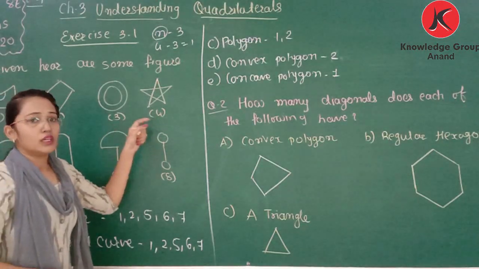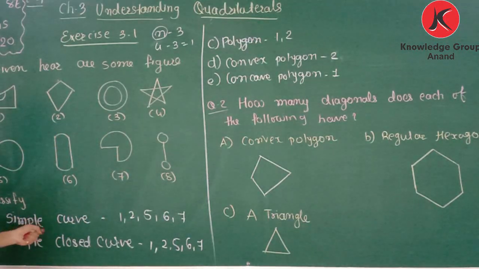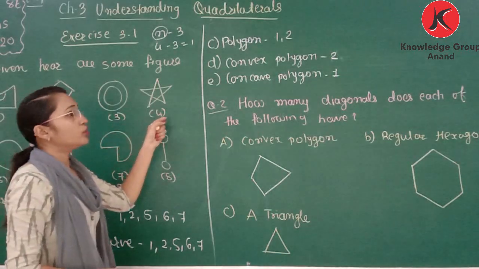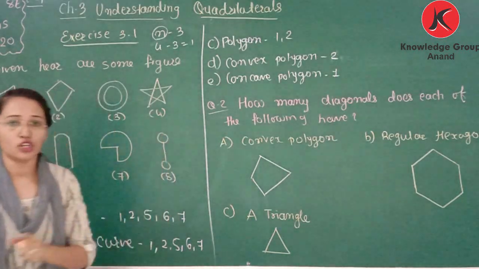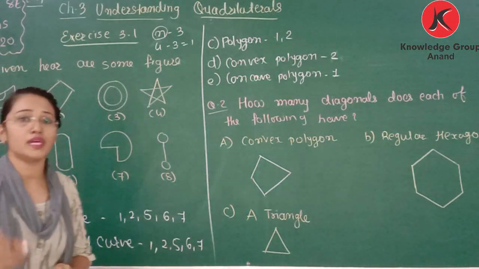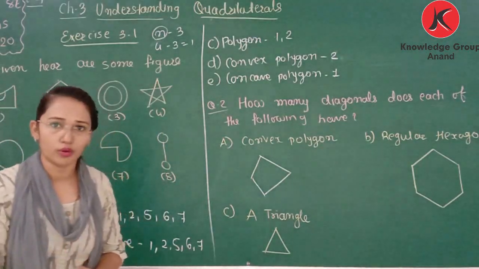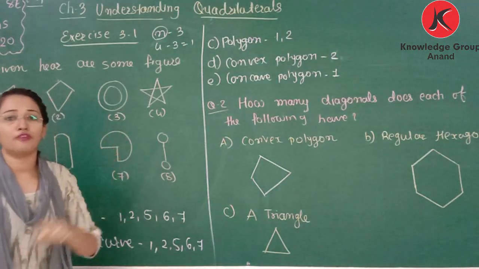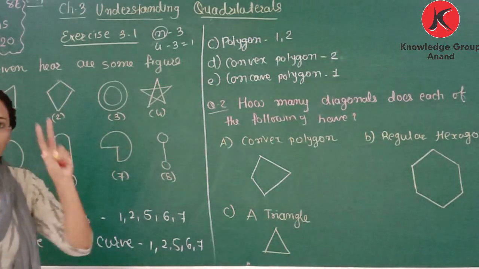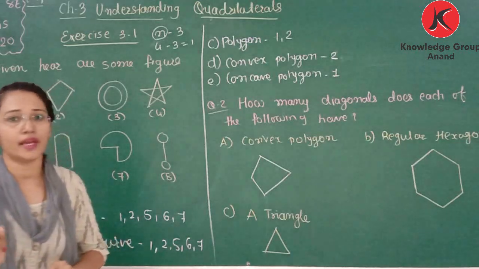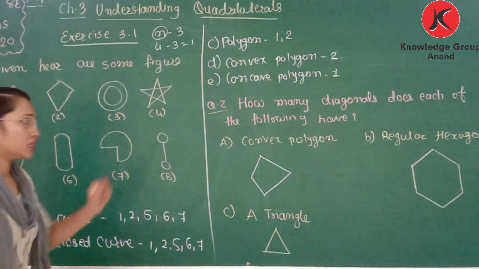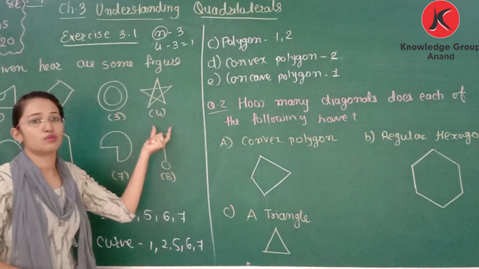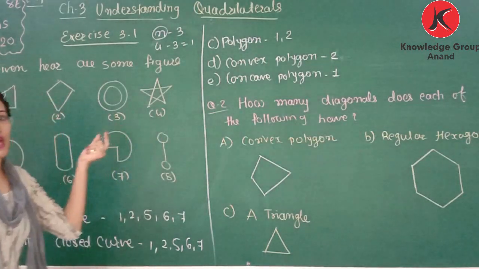Now fourth. That is not a simple curve. It is also not simple closed curve. Is it polygon? No, because definition of polygon is what? It must be simple closed curve made up of line segment. Two requirements: it must be simple and it must be made up of line segment. Here it is made up of 9 segments, but it is not simple closed curve. That's why star cannot classify as a polygon.